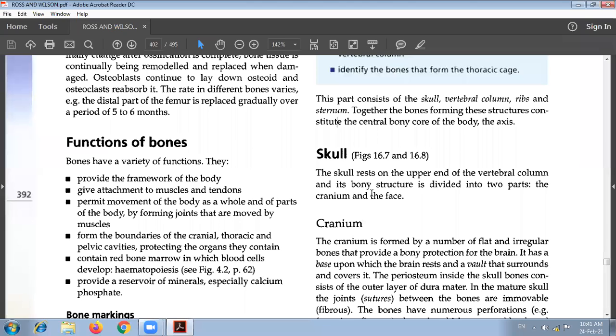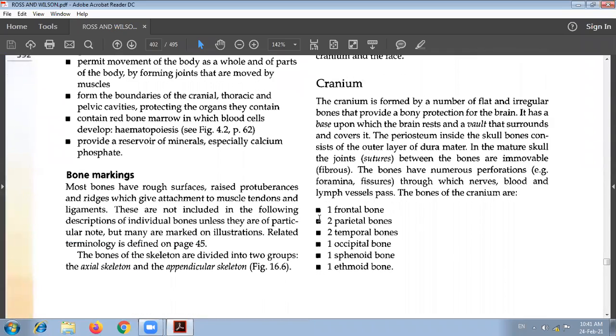column, and its bony structure is divided into two parts, the cranium and the face. The cranium again consists of different bones forming a cavity, and this cavity contains our brain, which is one of the delicate organs of our body. This cranium is formed by a number of flat irregular bones that provide a bony protection for the brain. It has a base upon which the brain rests, and it has a cavity wall, that means the cavity that surrounds and covers it. The periosteum inside the skull bones consists of the outer layer of dura mater, and in